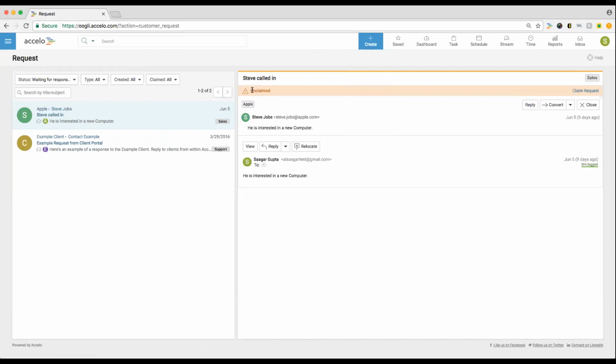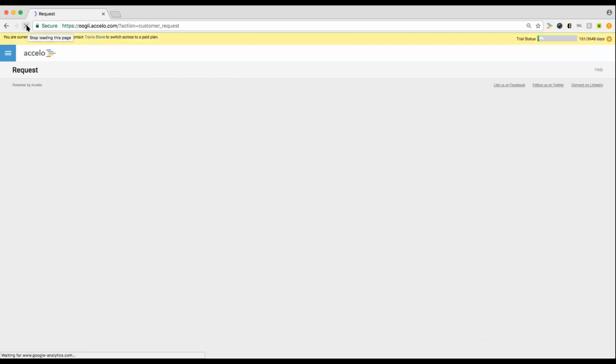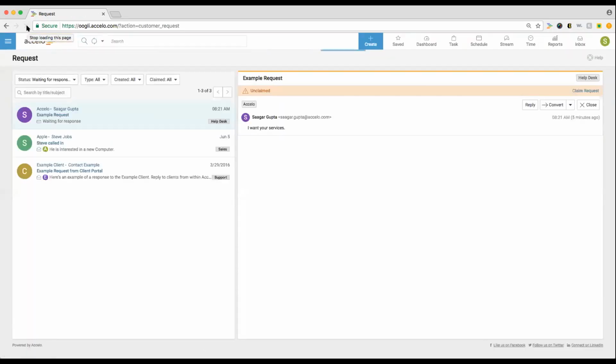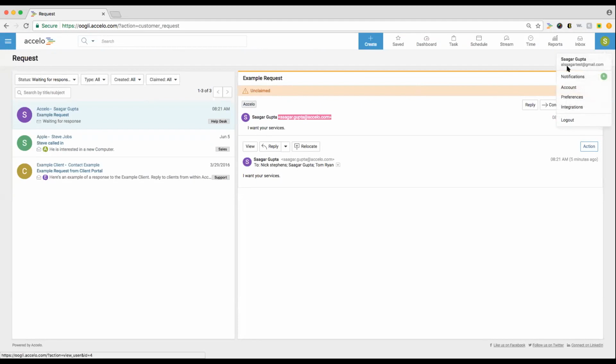So an email that might come into this request queue, this could be because you provided your client the help desk email address or the sales or support email addresses, which they can inquire from. Again, you can have that web form, you can have the client portal, and all of those options. But say Sagar went ahead and emailed you saying, I want your services. This is an example request from Accelo. Now it might get a little bit confusing because I have a test Sagar account, but otherwise from here, now